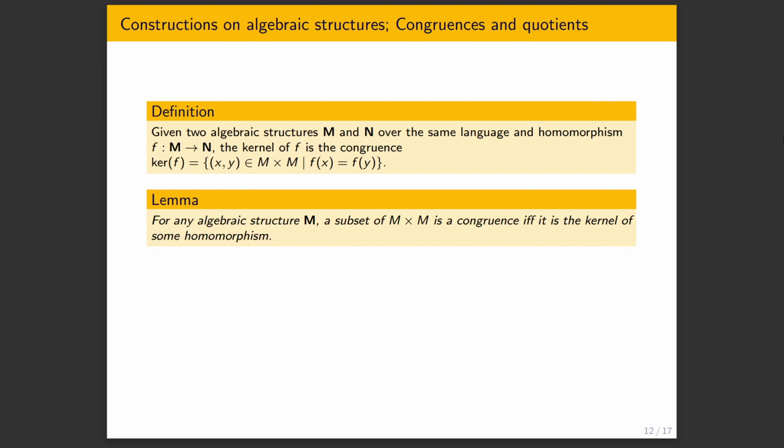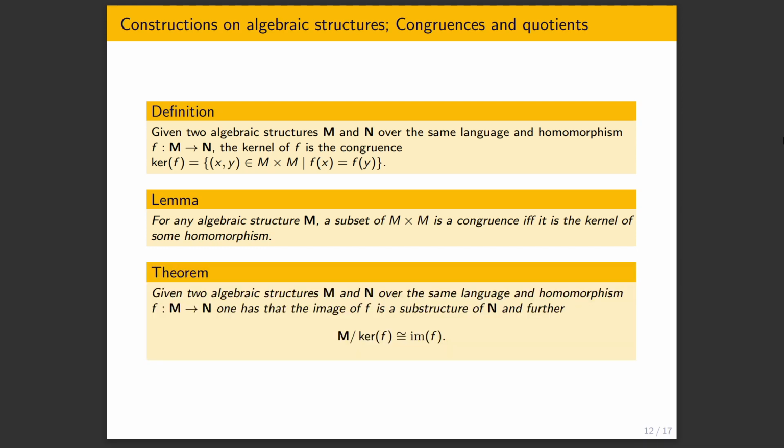Now this in fact, as for say groups or modules, completely characterizes congruences. A congruence is just a kernel of a homomorphism. You can check that every congruence is the kernel of a homomorphism, namely of the quotient map, and the kernel of any homomorphism is a congruence. This is in fact a bijective correspondence, so it kind of characterizes congruences. Now we can state, for example, the general statement of the first isomorphism theorem. You can also state an analogous statement for the second isomorphism theorem.